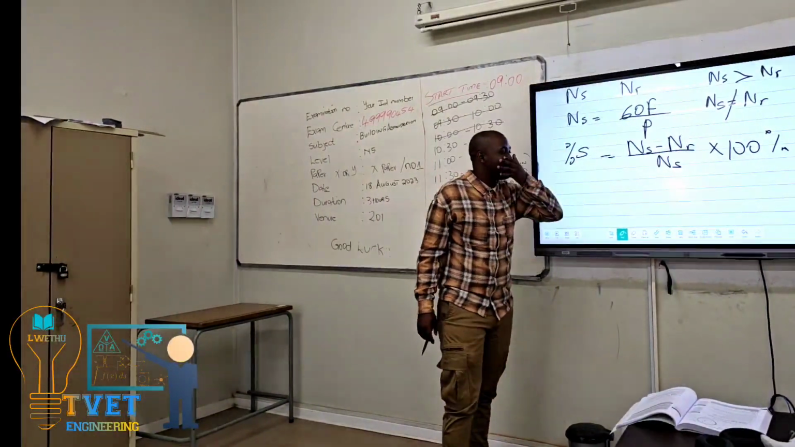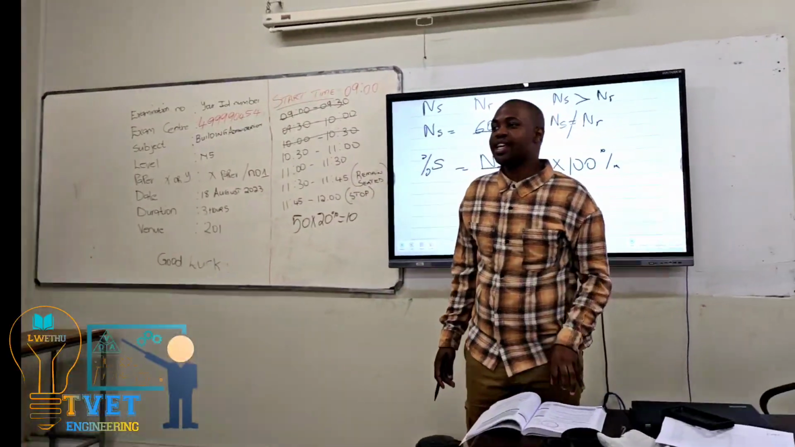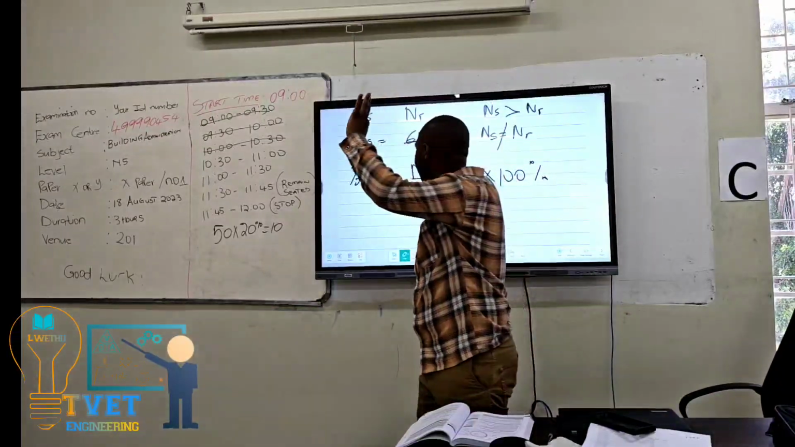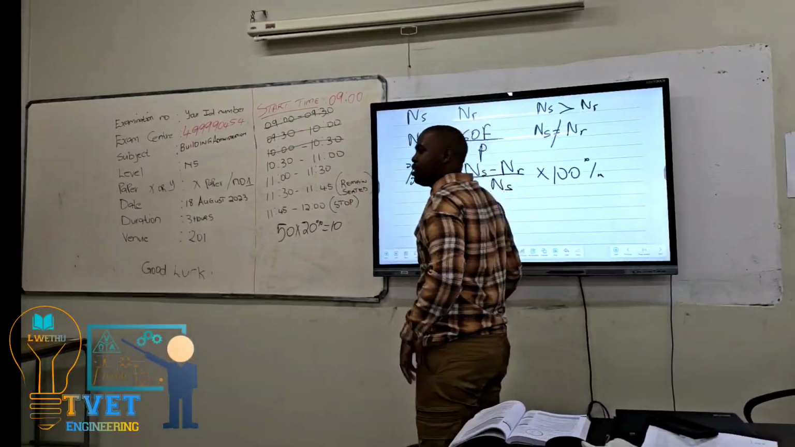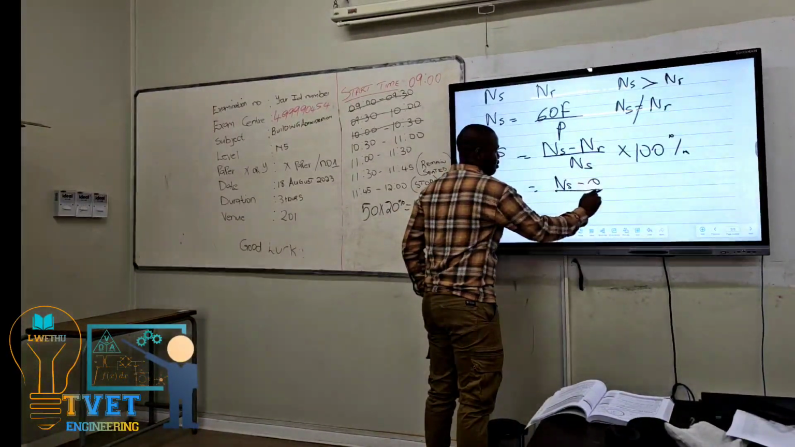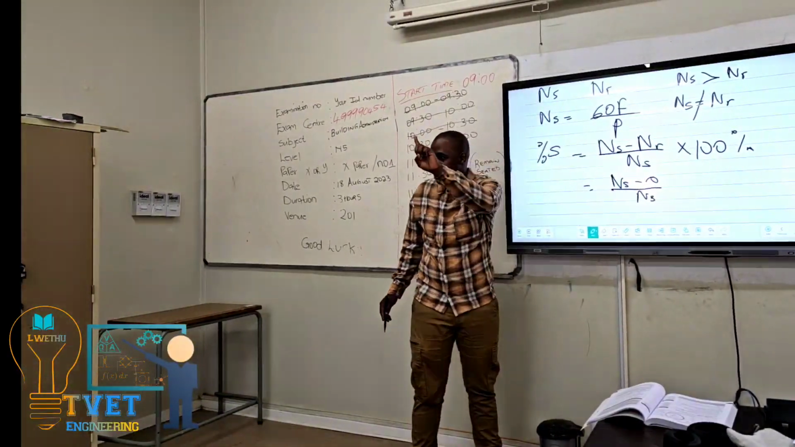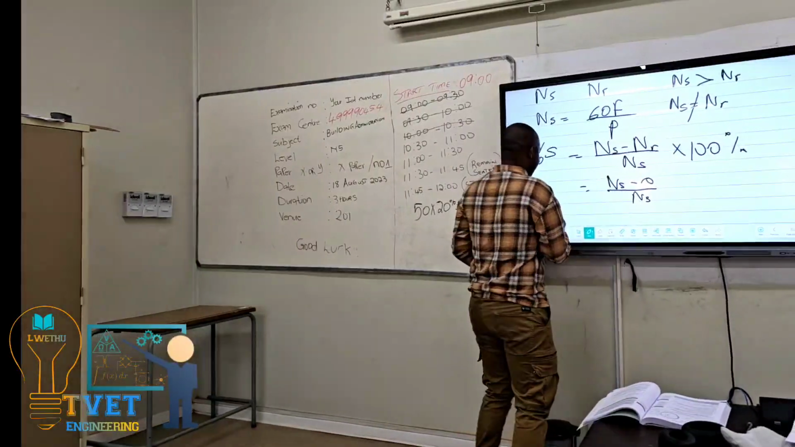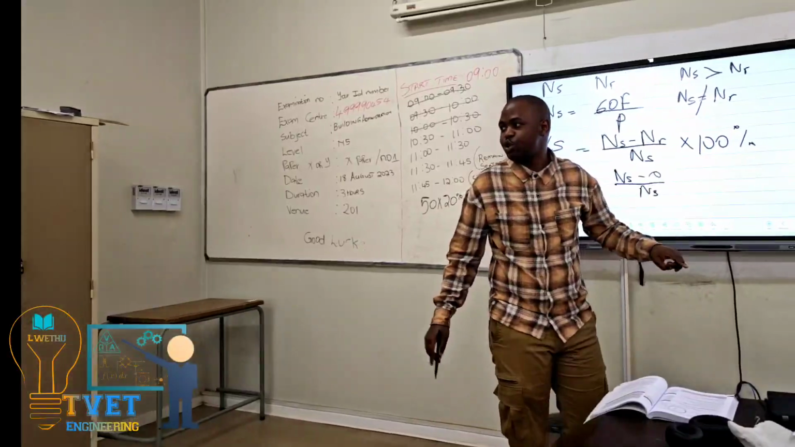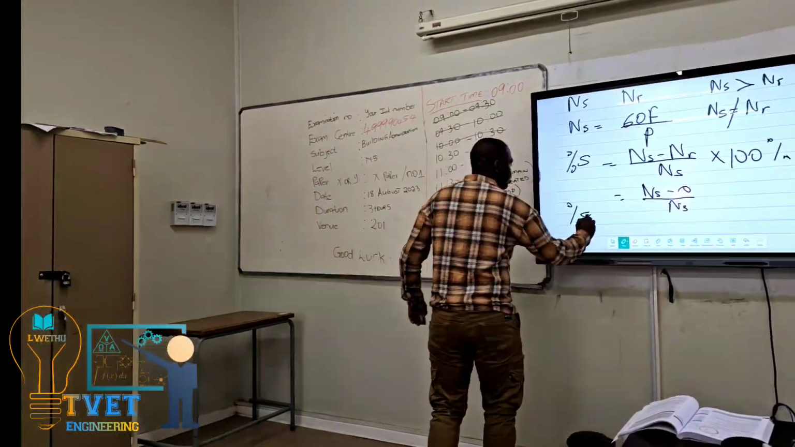When you start your motor, remember the rotor speed. If we know the slip is Ns minus N over Ns, then at starting the slip should be 1. You should know that slip at starting is equal to